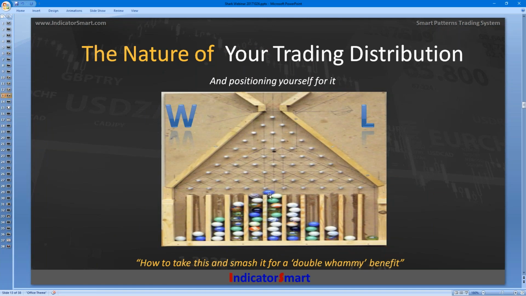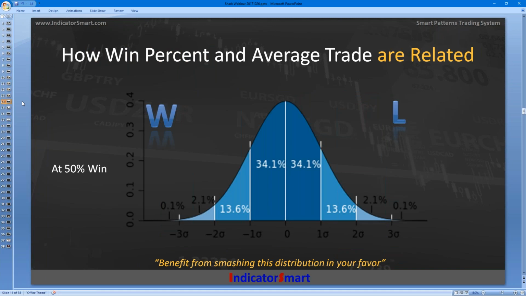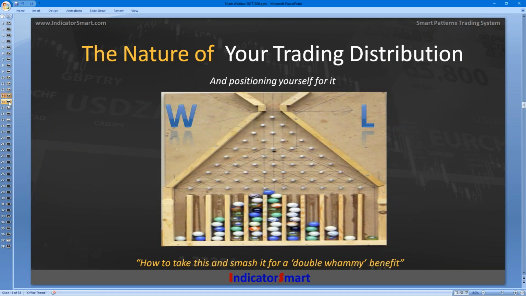So really today's webinar is about, I like the way this one was skewed, and they did the shot. I got this off of Wikipedia, and thank you to Wikipedia for being there. So today we're really talking, in a lot of ways, about how to smash this thing and lift it up. But this brings up another point, because this kind of distribution will give you what's called a normal distribution. In other words, it goes down gradually on each side. You could construct this Galton board so that it would stack up way more in the middle, and it wouldn't get as many out on these outside tails. But this board, as it's constructed right here,